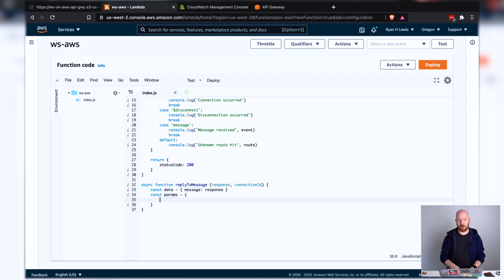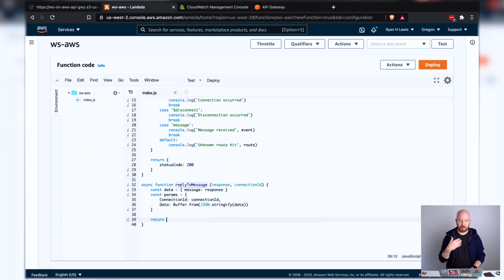So then we'll create our trusty little params object. It does need the connection ID so that the API knows which connection you're trying to send a message to, and then the data. This wants a buffer, so we'll create it from a JSON stringify of the data object. And that's all for our params.